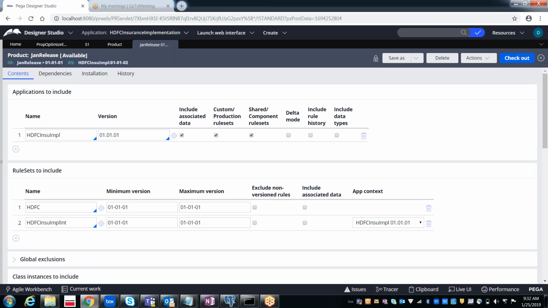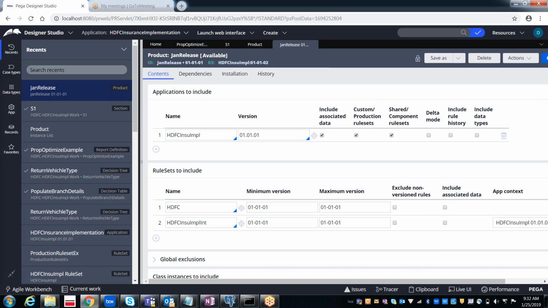Does anybody have any queries or questions? So today, mainly, we learned the topics we covered: creation of the product file, how to delegate the rule, and how to optimize the properties as separate columns in the database. So we have covered 3 topics. All are very important topics. I hope you are clear.